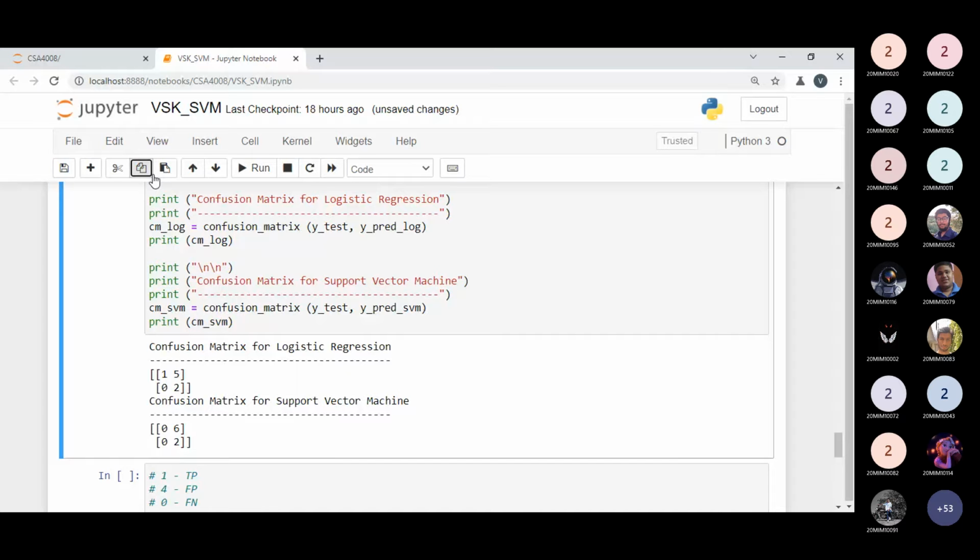Just tell me. The true negative value in logistic regression, true negative is equal to 1. And true positive is equal to 2. Then false negative is equal to 0, and false positive is equal to 5.